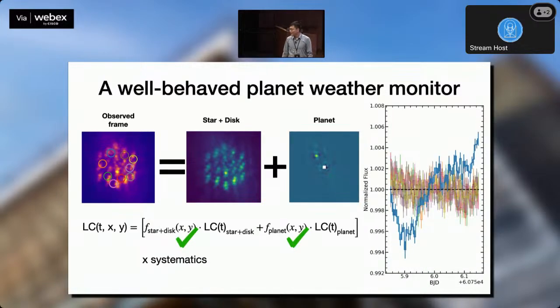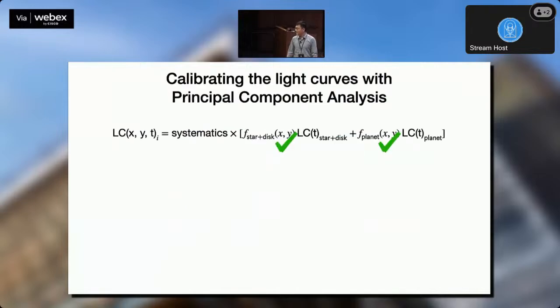If we bring all the light curves together, one curve stands out, looks different from the rest. It is also the light curve coming from the aperture that covers the location of the planet. I already see storms brewing, clouds forming on the surface of this planet. All right, of course, there are some systematics.